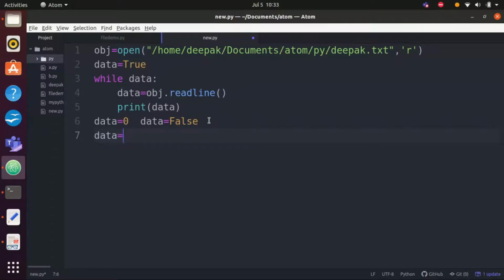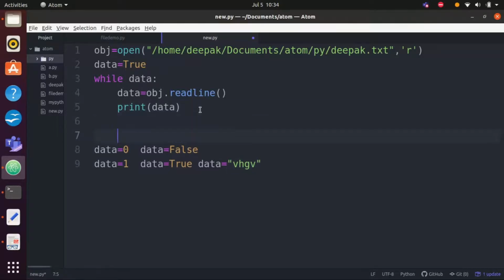Okay, 1, then data true, or data is equal to any value, any string, anything. These three conditions, we can commonly say that the data value is true. In these two conditions, we can say that the data value is false. So in this case, the data contains the first line, right? So the data value contains some string. So it is true. So while true,